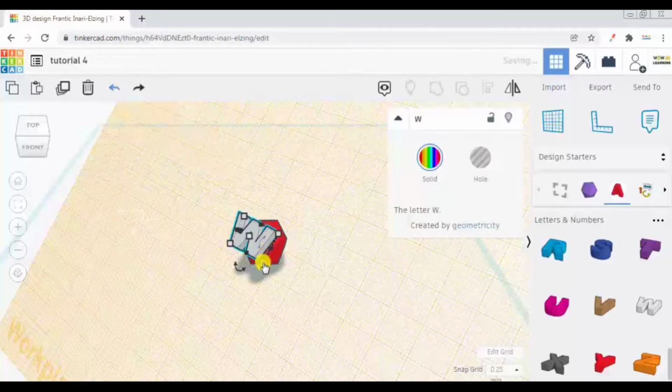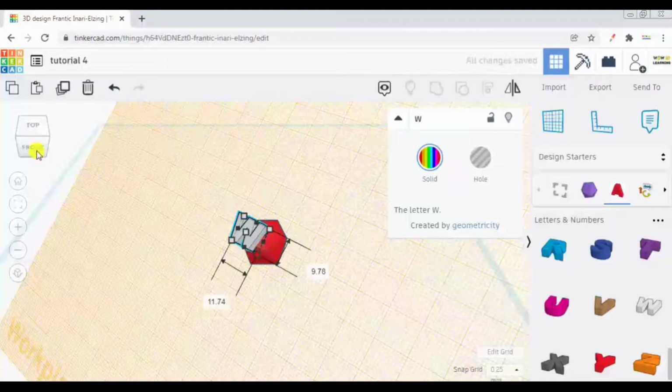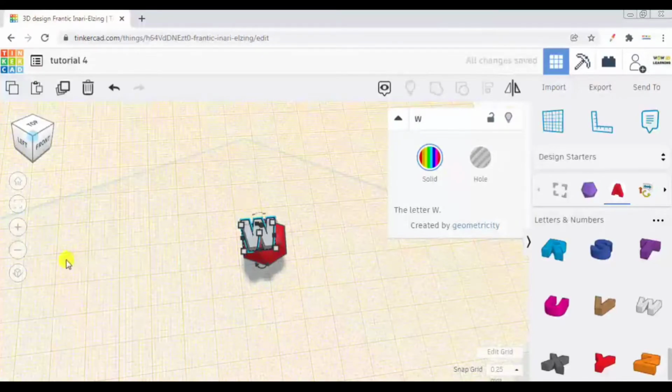Let me click on the view cube to change the view. Let me go a little bit into fit view. So let me adjust its size.